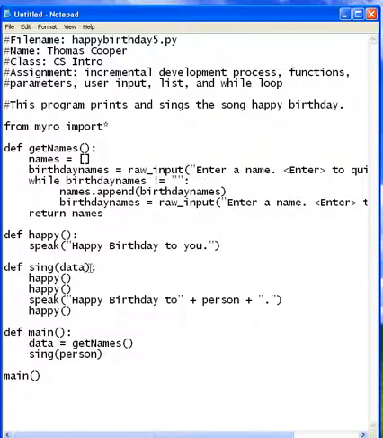And then we're going to use a for loop to walk through each name in the list. So you remember from class that for loops are used along with some type of data object, and a list is a data object. So we're going to say for, and we'll create another variable called person, because each time it walks through the list, person is only going to hold one name at a time. So we'll say for person in data,